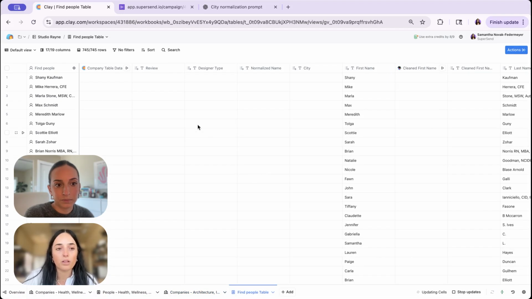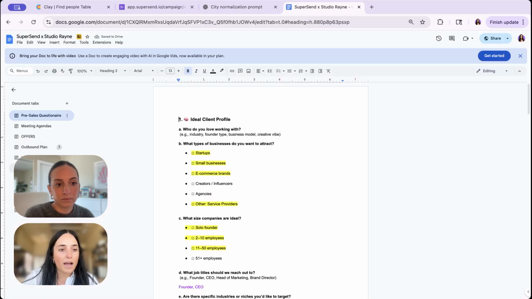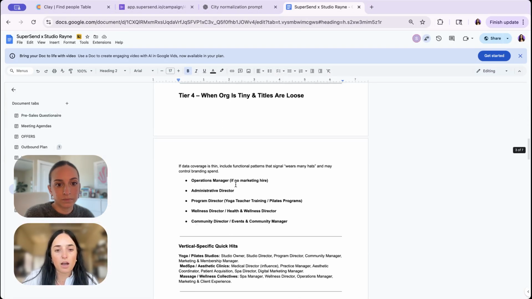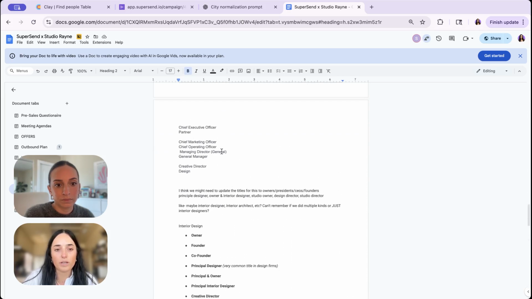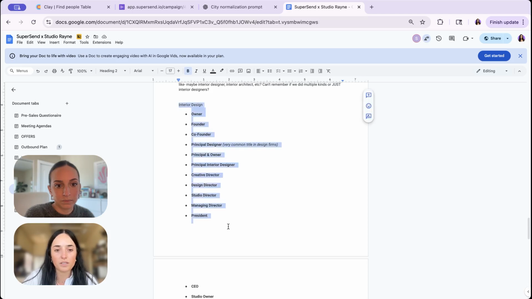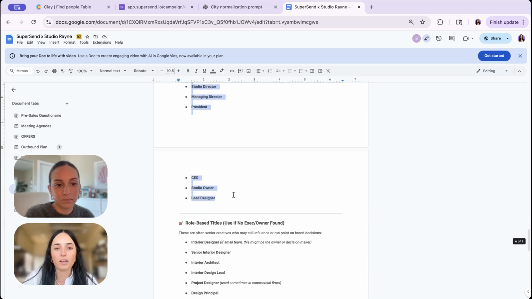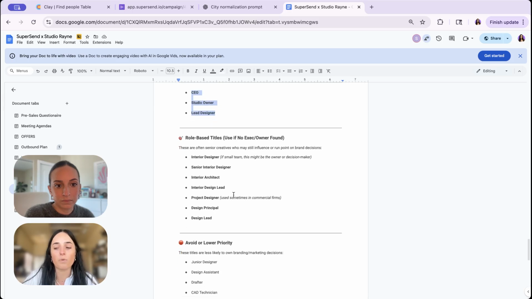For the people table, I used a prompt, and it's also inside of our studio. It's under personas. If you just scroll down, this is kind of what we talked about. Really what I just did is I included all of these for now. And then if the campaign is going really well, we can always run a new campaign.